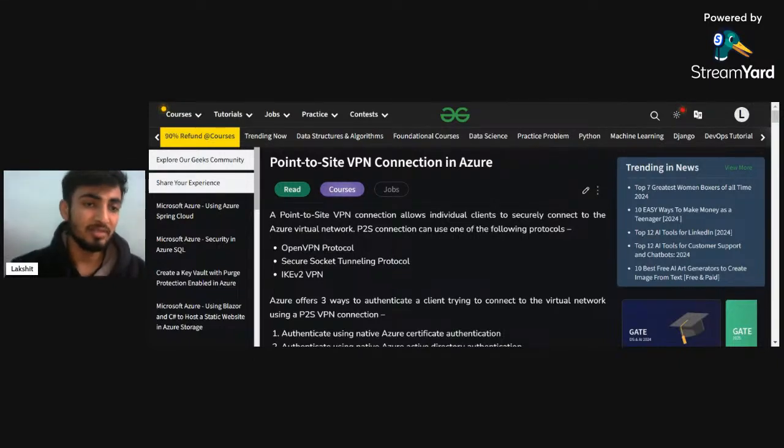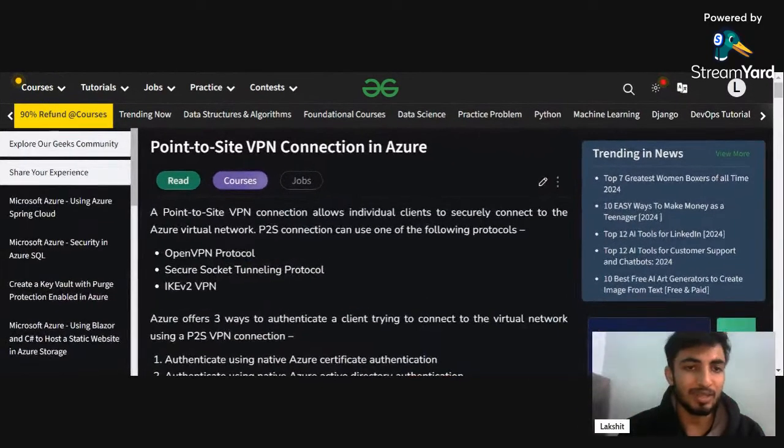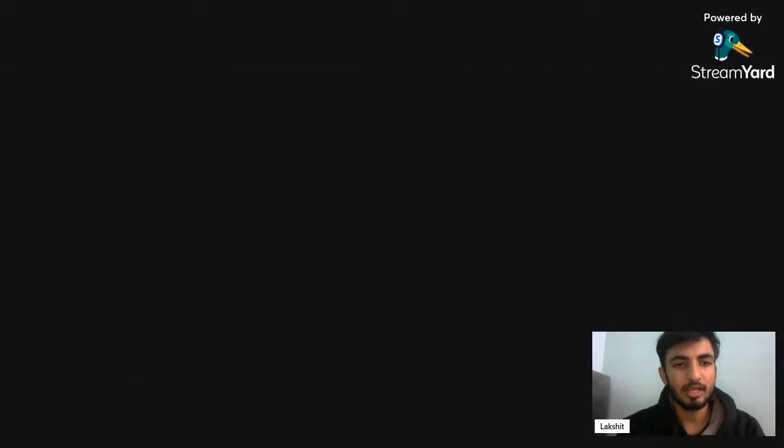And there is just one thing: it may take a while, because if I make a virtual VPN gateway right now, it will take 45 minutes to deploy it, right? So I'll tell you how to make a virtual VPN gateway, then we will generate these certificates and everything tomorrow. I'll tell you how to generate a certificate and everything, but we'll do it hands-on tomorrow. I'll share it with you. So let me just quickly present my entire screen.